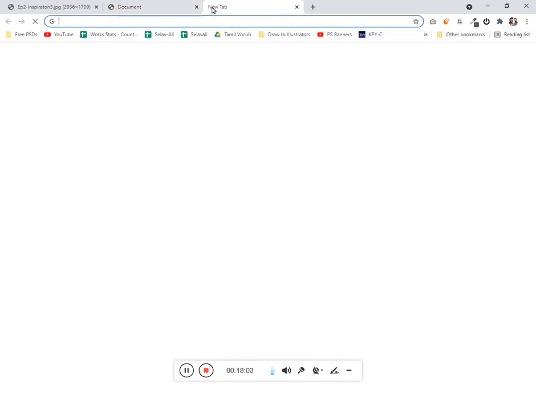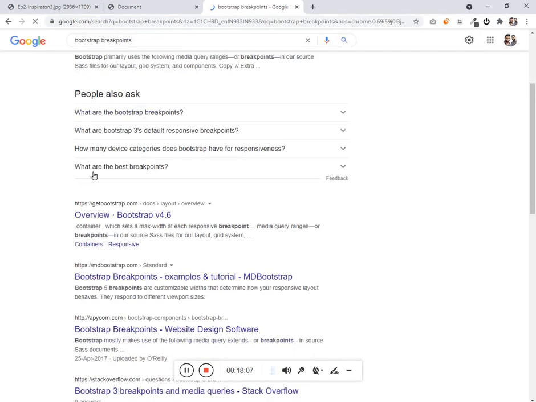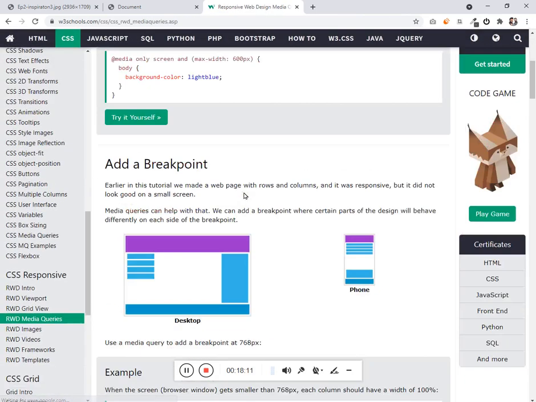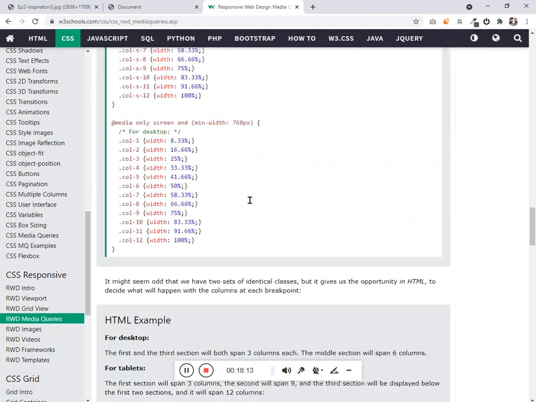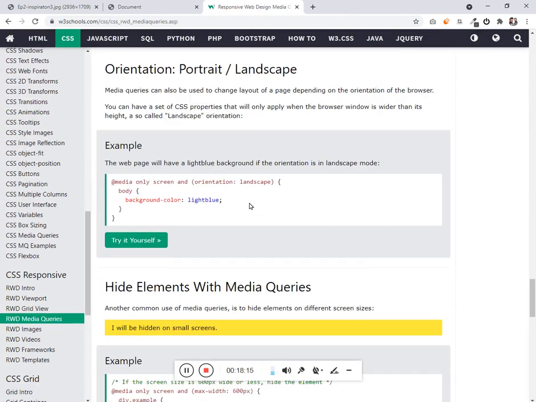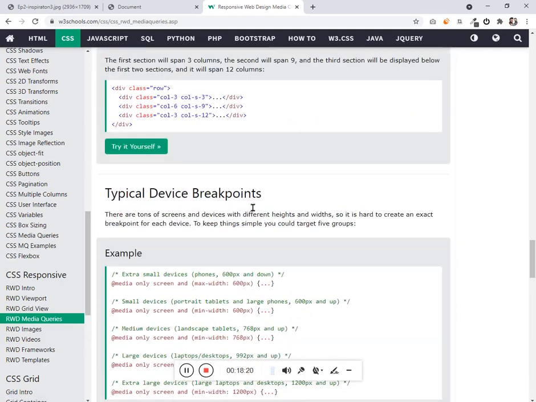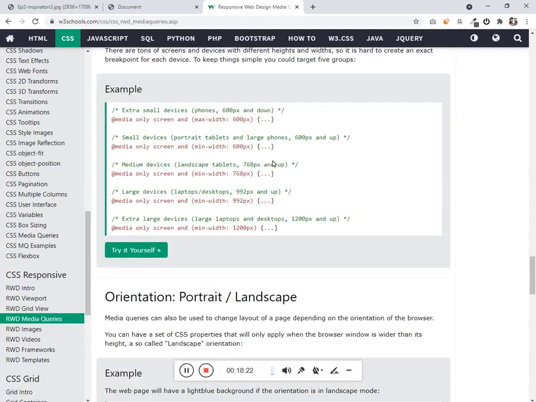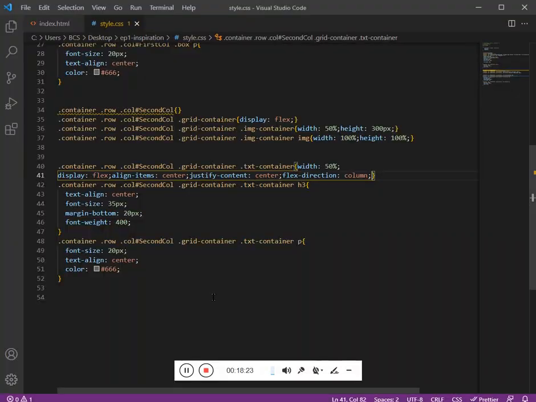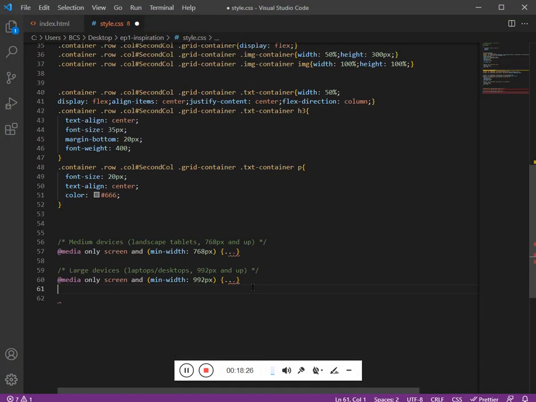So as we always do, let's target the breakpoint. So the breakpoint for tablet and the breakpoint for desktop is what we are going to target. So you might be wondering, we have already done the design for desktop, then why are we targeting desktop?